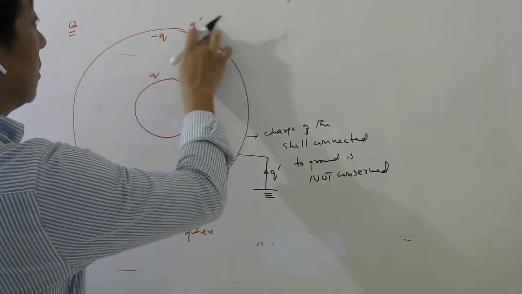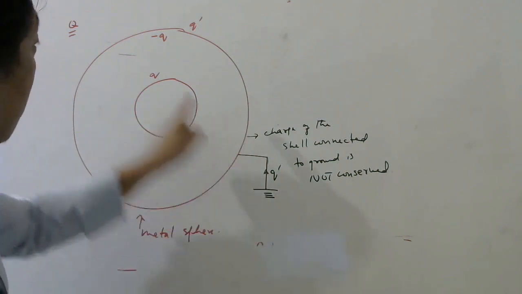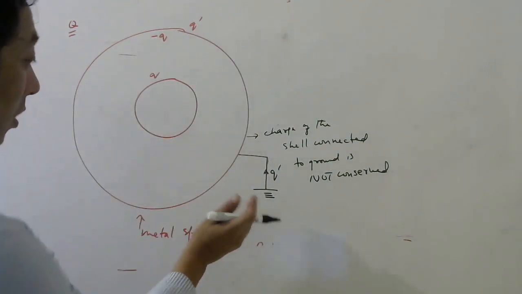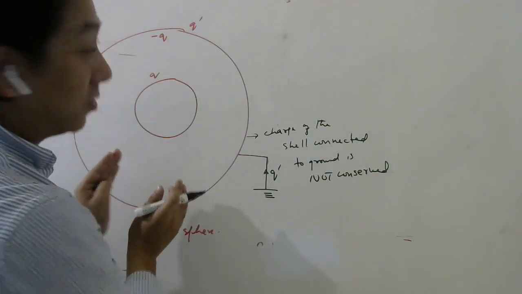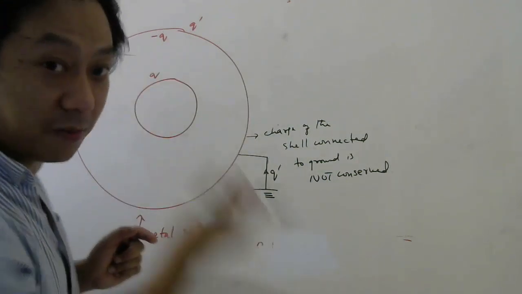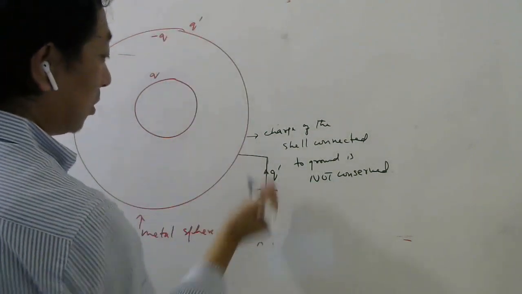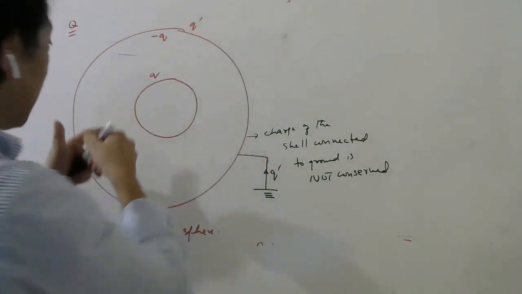Otherwise, if I don't write plus q, then how can I say q dash charge is coming? Because q dash minus q is not q dash, whereas whatever charge is coming should be the total charge on this shell. Understood? But I know that if this is q, the inner one has to be minus q. I know that because of Gauss law. So the total charge of this should be q dash, because I'm saying q dash is coming. So then I have to write here q dash